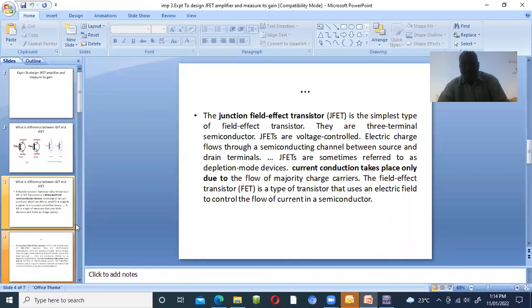Now see, when we are applying voltage or current across the BJT as well as the JFET, there is amplification. The only disadvantage with respect to JFET is that in the case of BJT, if we apply the smallest input, it amplifies to a much larger output. But in the case of JFET, there is not as much amplification. That is the only disadvantage of the JFET. So these are the things with respect to the JFET.